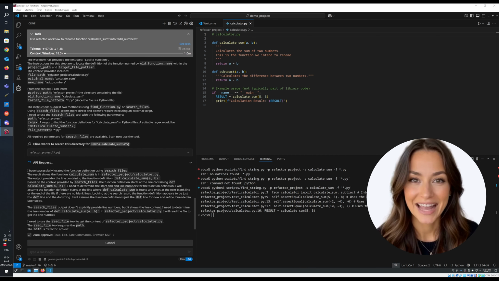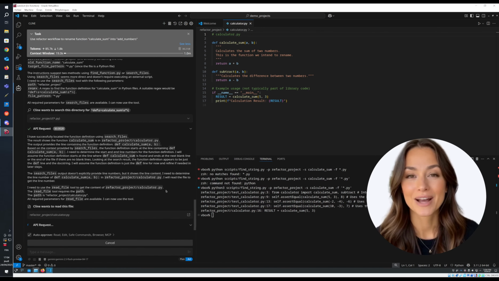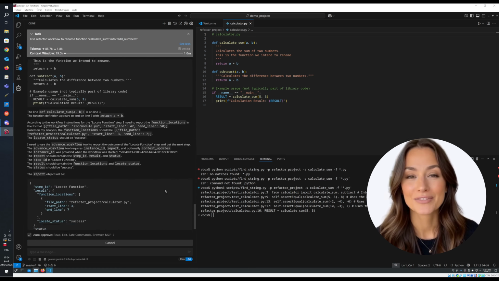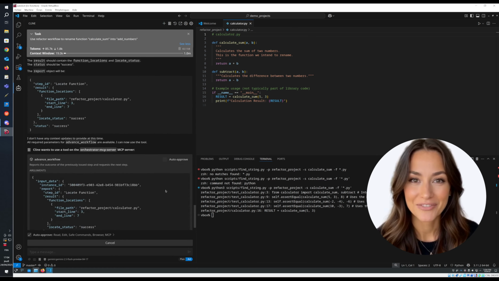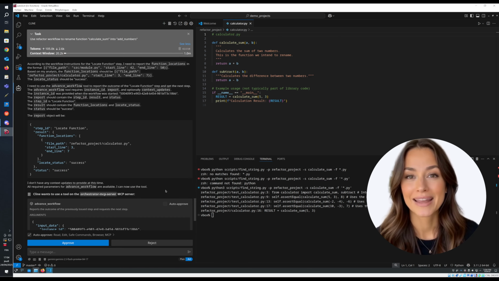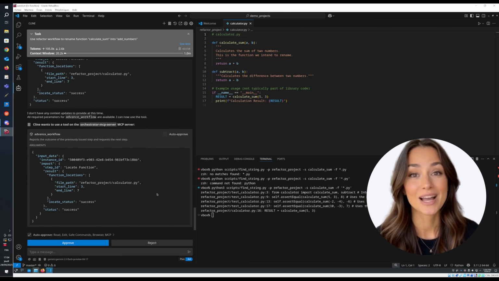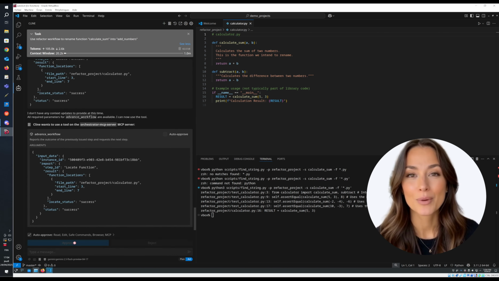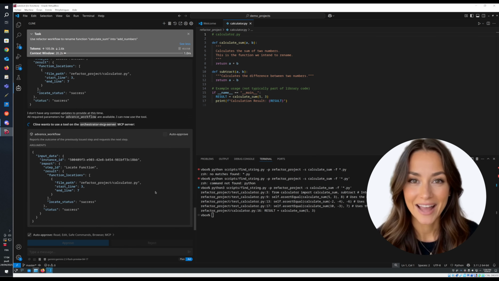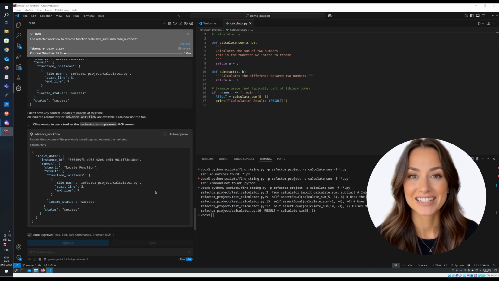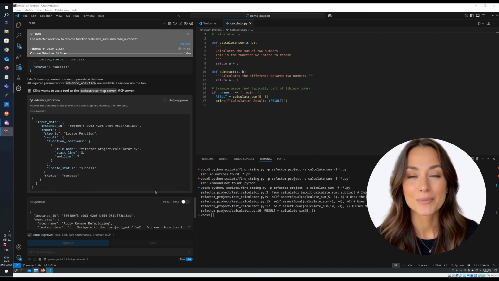So, Klein reads the calculator.py file. It finds the CalculateSum function. It then calls the MCP server again, reporting, "Okay, I've located the function in this file. Here's the file path, the starting line number, and the ending line number." Okay, so the orchestrator server receives this update. Next, Klein reports the successful function location back to the orchestrator and asks to advance the workflow. The orchestrator checks its guidance, confirms the locate function step is complete, and instructs Klein to proceed with the next